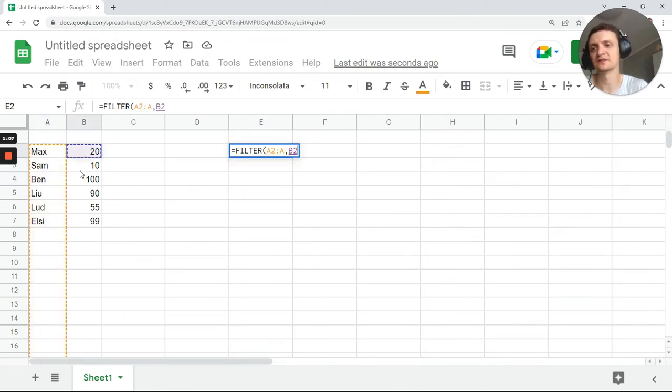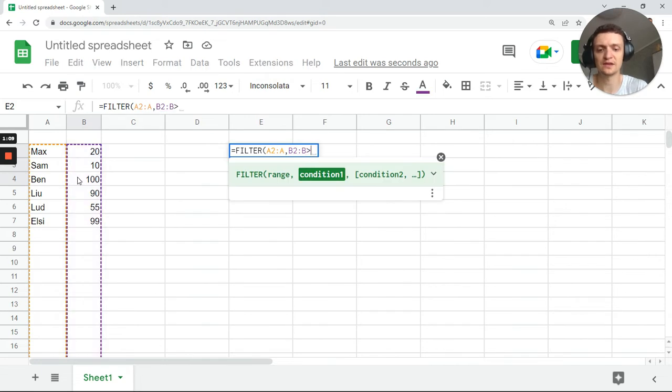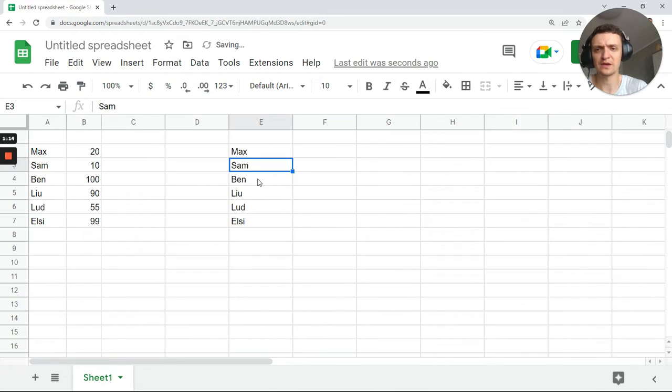And the next condition will be when this is greater than 0, or just this because it's a number. Okay, we got this, let's check, nothing behind, so the filter works just fine, it just got us this